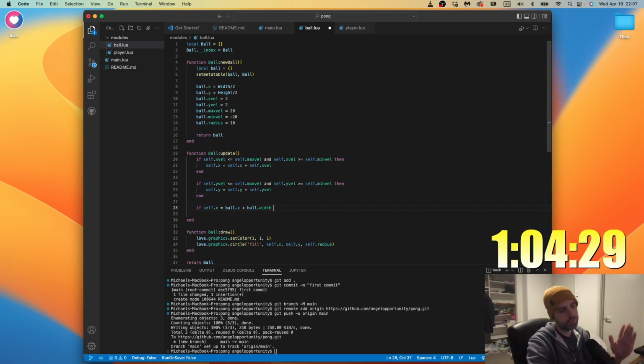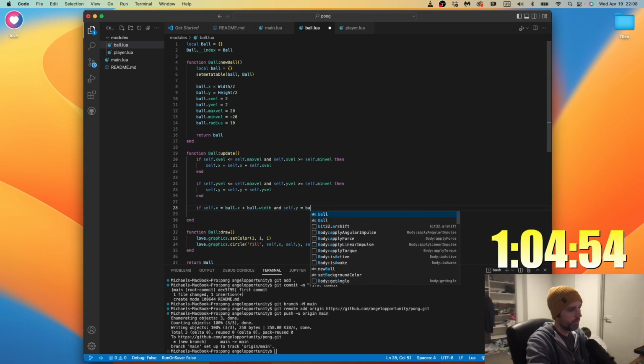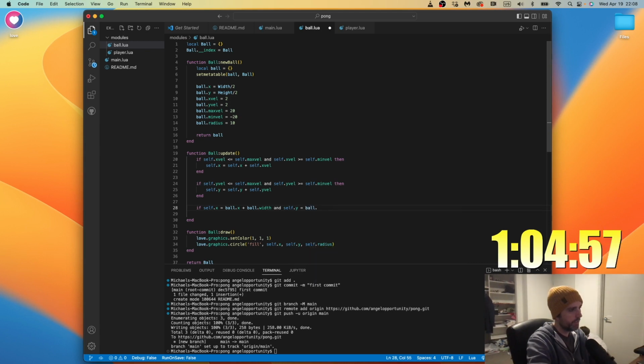Well, actually the x is locked in place, but so it needs to be an... and self dot y is equal to ball dot y plus...